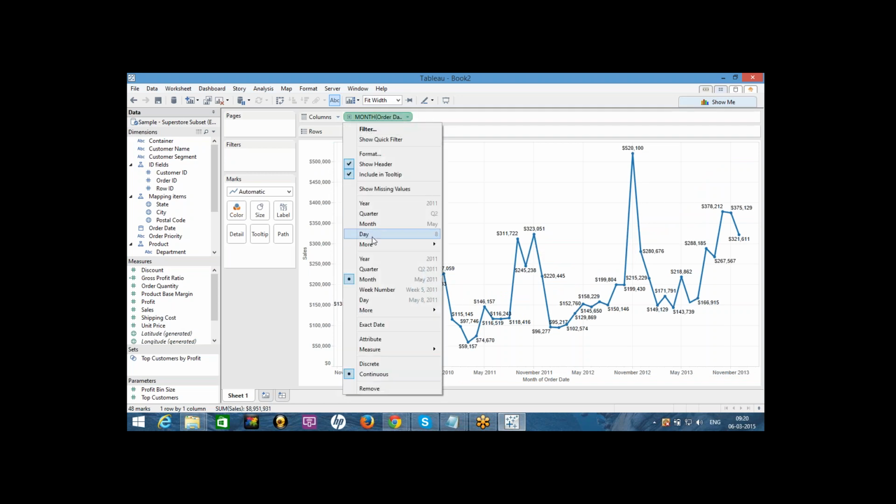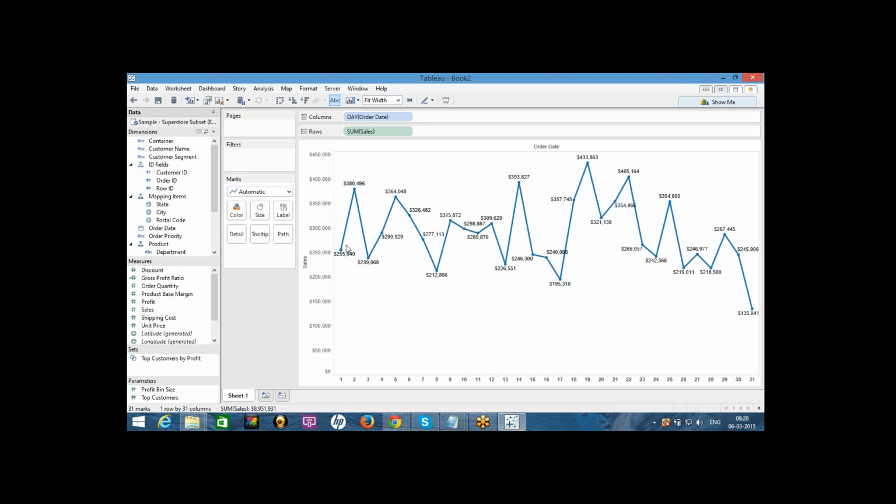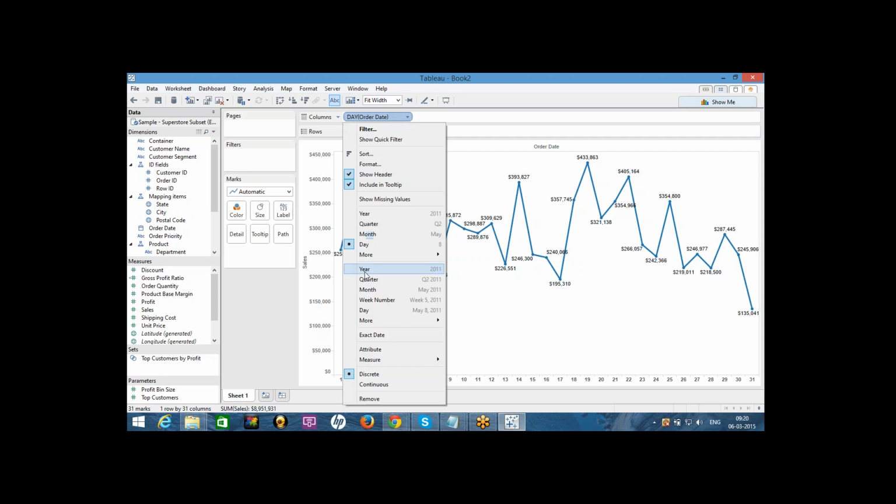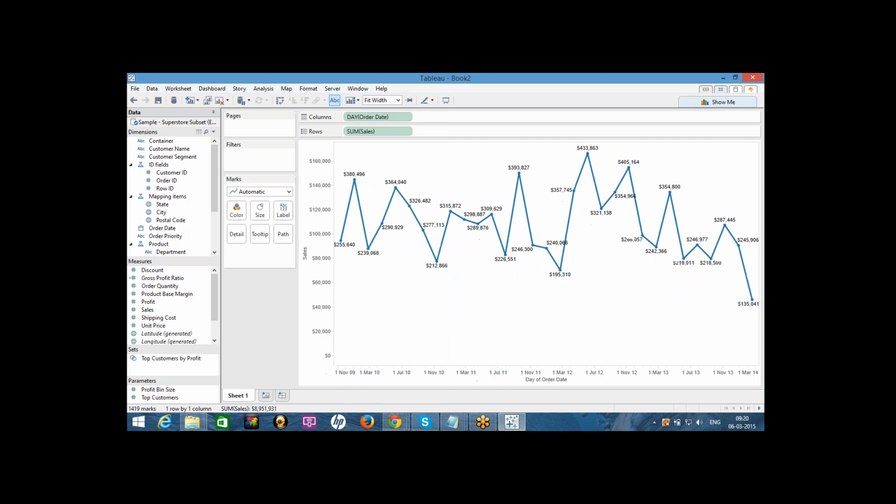And if we check the day, here we got day 1, day 2, day 3, around 31 days of every month. So cumulative sales of day 1, I got around 255. Day 2, I got around $380,000. Let us check this day.